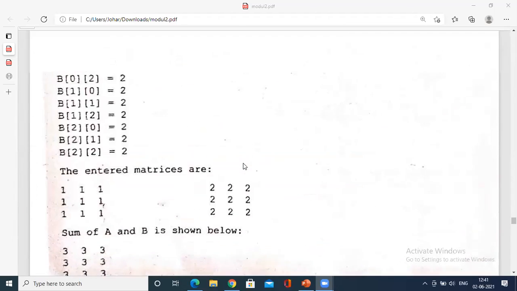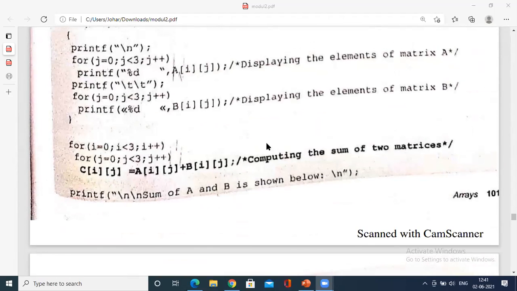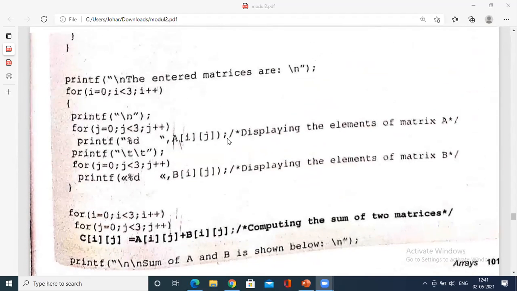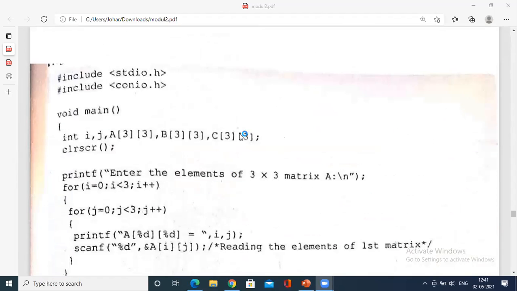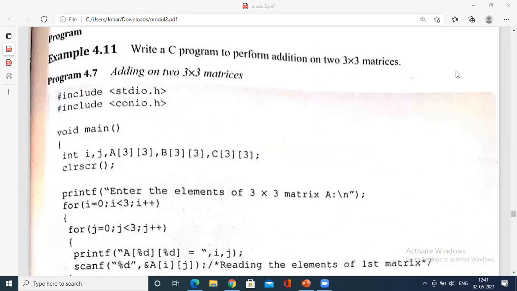There is not much difference as such. So, addition and subtraction of two matrices. Try to understand, please. I request you sincerely. You have to write this program, because I assure you 100% that you will have the program in the module 2 part 2 external exam. You will have to write a program using matrix, either multiplication or addition.